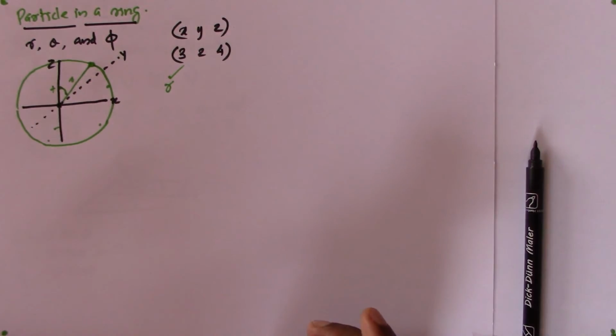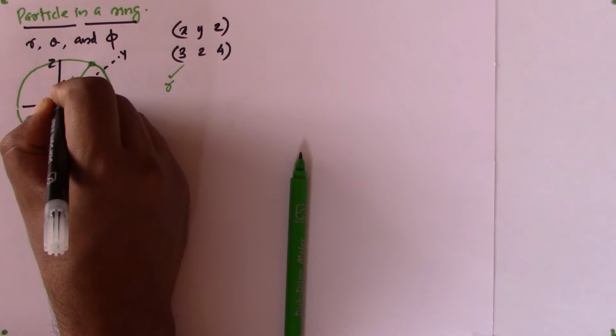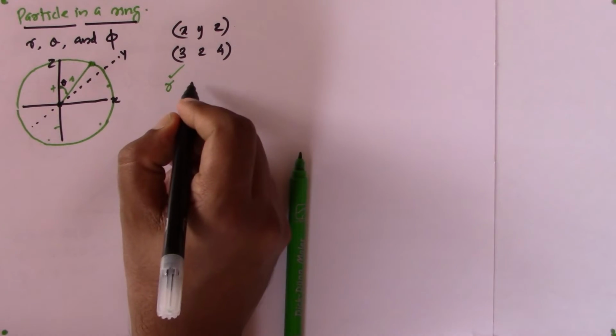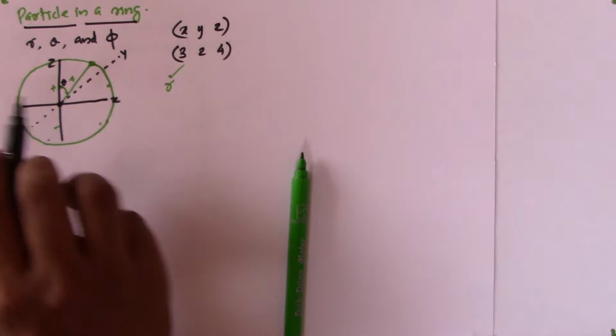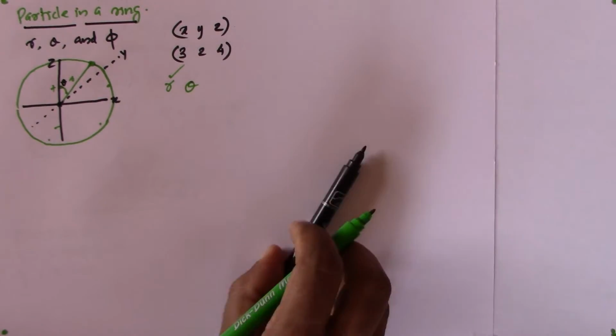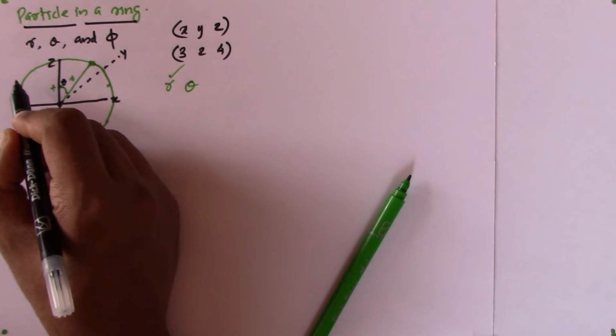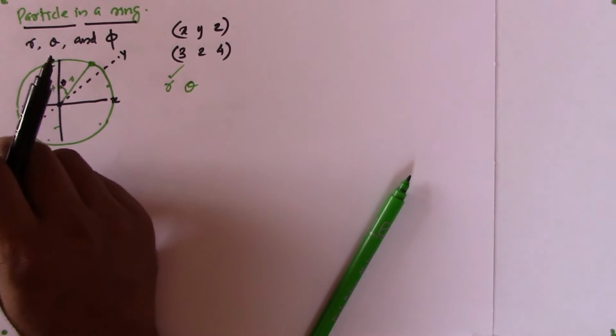See, this is that angle. We are going to specify what is that angle, and that angle is theta. This is theta. So we are going to say one more parameter, that is theta. So if we say theta, then we don't need to go over the entire surface of the sphere,